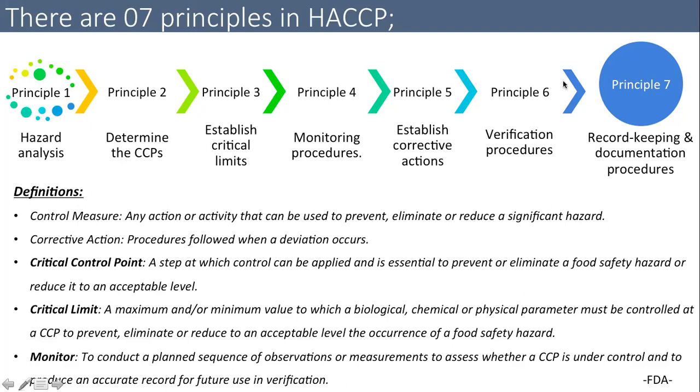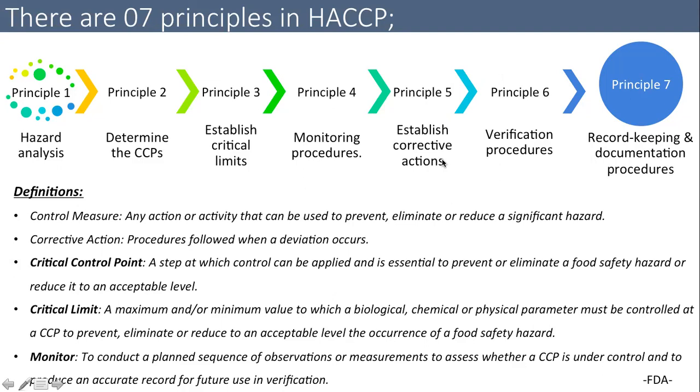And verification procedures. What are the verification procedures? Sometimes, to monitor the temperature we use thermometers, right? And sometimes we can use moisture meters. But sometimes the process is okay, but there is an issue in the thermometer. The actual temperature is 100, but it shows 80 degrees Celsius. Then again, we can't monitor it properly. So in the HACCP principles, there is an option